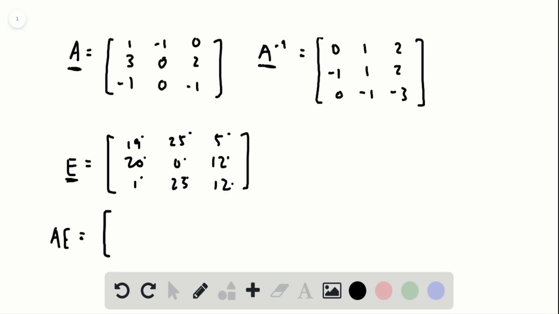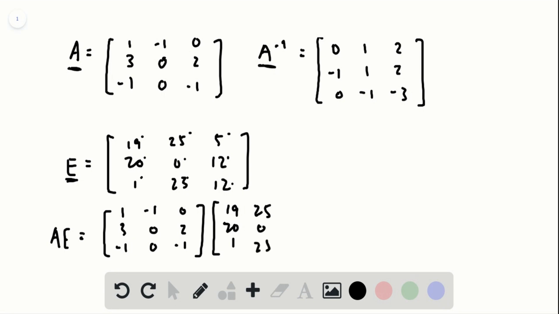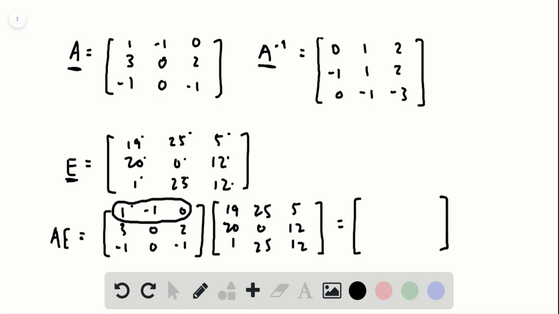So that's going to be 1, 3, -1, -1, 0, 0, 0, 2, -1, and 19, 21, 25, 0, 25, 5, 12, 12. So just multiplying these matrices together is going to give us our encoded message. So let's do the first row and the first column. So 1 times 19 is 19 plus